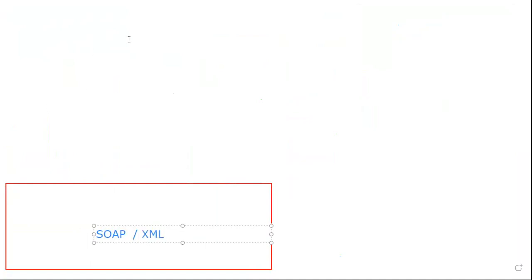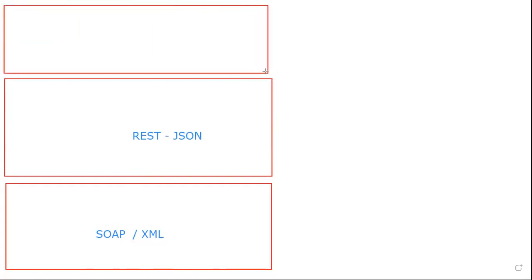The recently developed one is JSON based, and it is called REST. Now something else is also becoming popular. I don't remember the name now, but I worked on it a couple of weeks ago. It's simpler than JSON. Shopify and all these people were using it for integration purposes, but I don't remember the name.